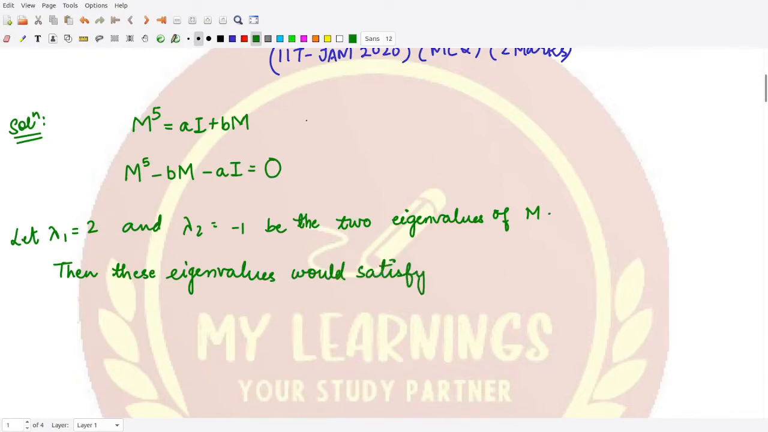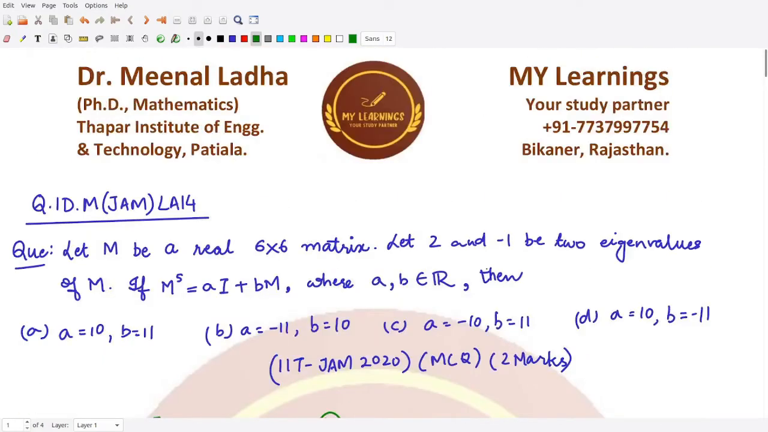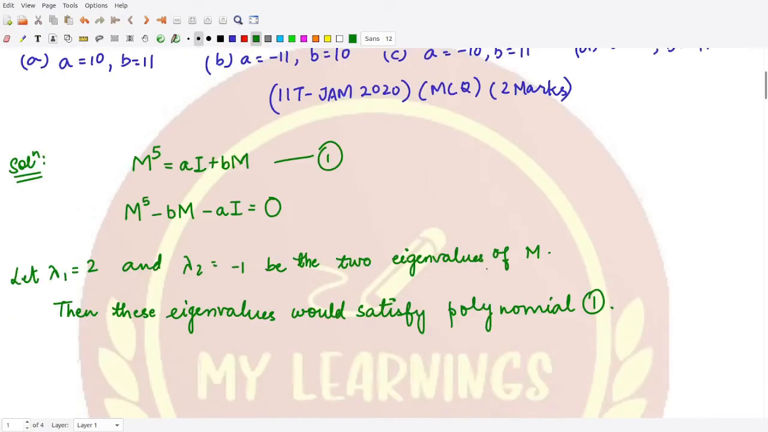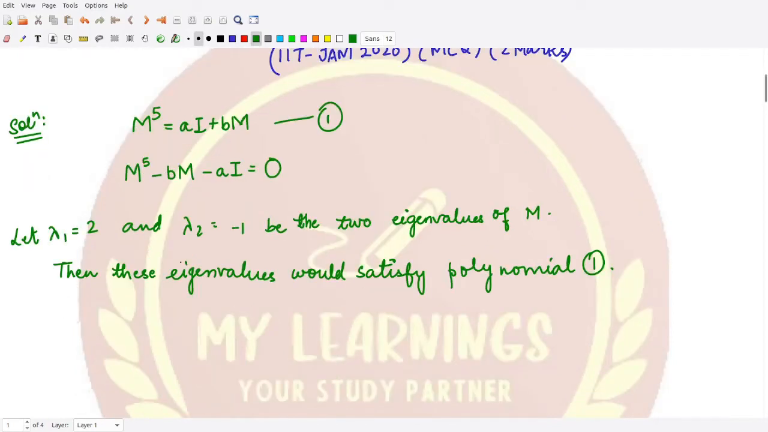the given polynomial. Why is this so? They satisfy polynomial 1, right? Now why this is so, that is an important question here. So let's first of all solve the question and then I'll tell you the reason behind this. So if lambda 1 and lambda 2 satisfy the given polynomial, that means when you substitute these values in the given polynomial, you would have, so let's put lambda 1 is equal to 2